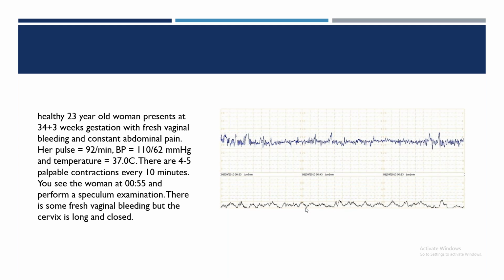As you can see, there are very mild contractions, 4 to 5 contractions. Then the baseline fetal heart rate is around 130. This is 120 and this is 140, so this is around 130. Variability is normal, more than 5, around 5 to 10. Accelerations are present, this one and this one, 1 or 2 small accelerations. There are no decelerations. So the CTG is normal. Correct?